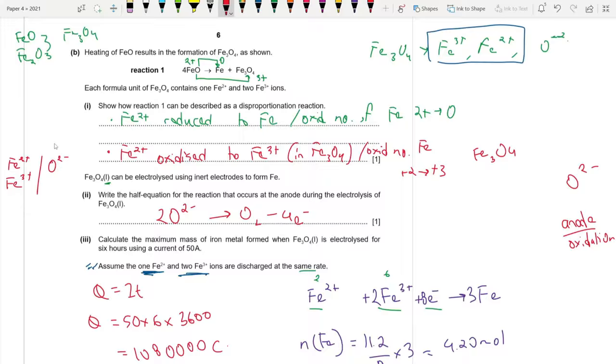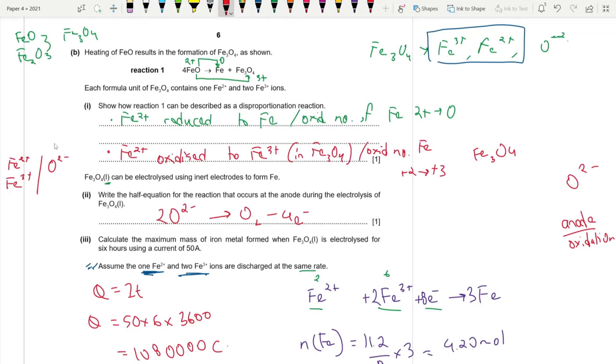Basically, cations go to the cathode, right? Cations go to the cathode, and that's what happened. We got iron at the cathode. Okay, basically iron 2+ or 3+ or both of them actually went to the cathode to get reduced to form iron. On the other hand, oxide anions, they will go to the anode to get oxidized. Okay,